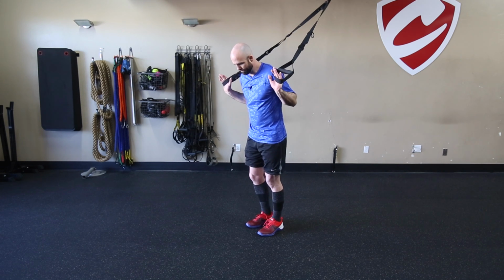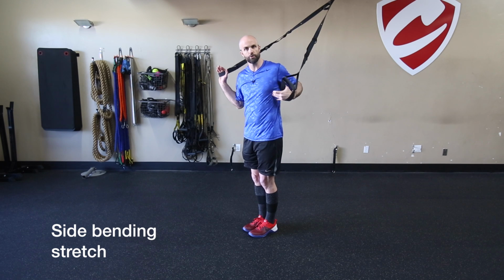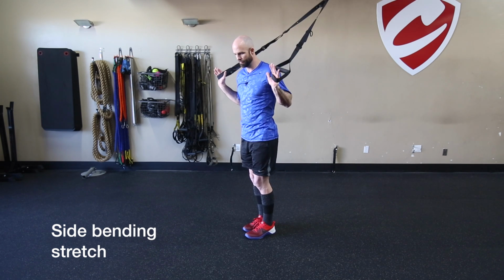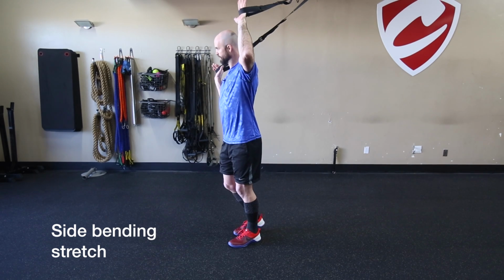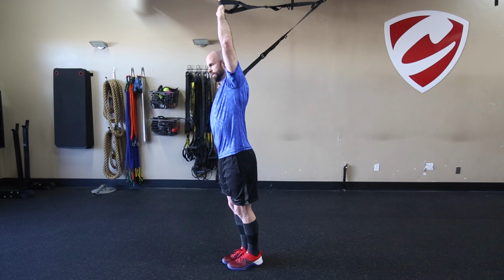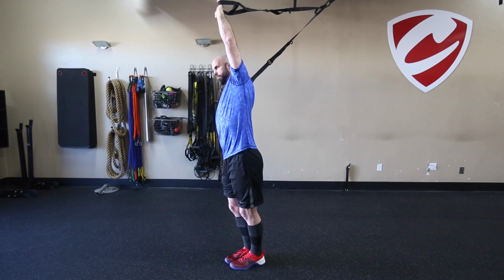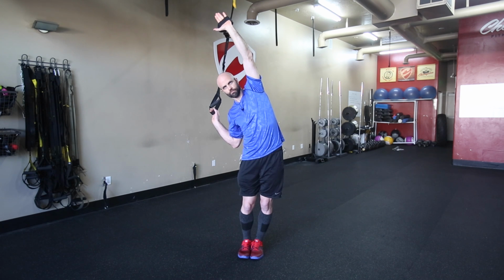Elbows are down at the side. Our feet are together. This is a side bending stretch. This is specifically going to target our lats and our obliques. And what we're going to do is you're going to actively reach up with one side. We want to make sure we're far enough away from the anchor point so we get a little bit of pull against that. And as we're reaching, we are bending and pushing our hips to the same side as the